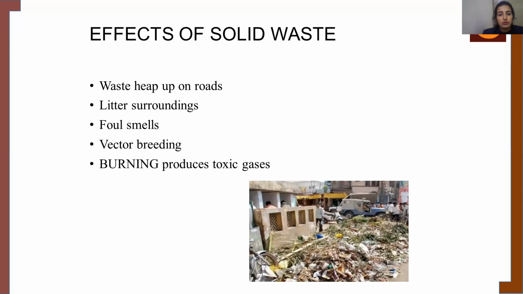Now, we need to talk about the effects of solid waste. As stated here, waste heaps up on the road, litter surrounds, there is foul smell, vector breeding, and burning produces toxic waste. In general, we can say that the water gets contaminated due to improper disposal of waste. Solid waste causes diseases like diarrhea, dysentery, typhoid, cholera, etc. Moreover, solid waste modifies the physiochemical and biological properties of plants and animals. And also the groundwater gets contaminated. It enhances the air and water pollution and also provides perfect breeding sites for insects and